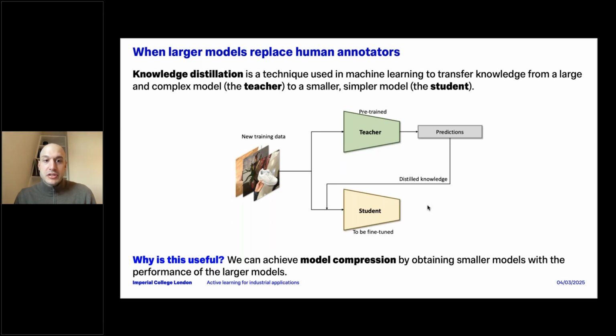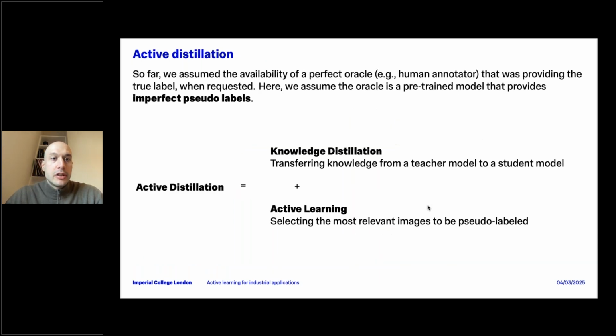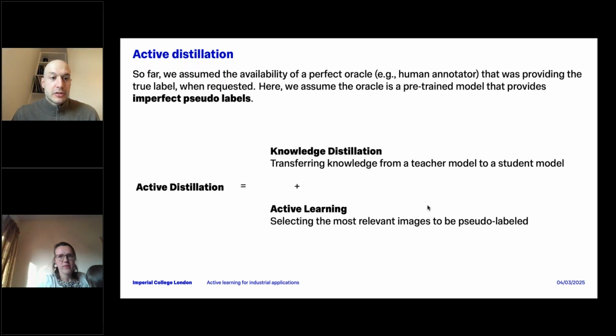What we mean by model compression is that we might want to have a model which is much smaller in terms of parameters than the original model, but still close in performance. So by training a smaller model using the predictions of a larger model, we can have the final model mimic the original performance and get very close to the teacher's performance, but with a smaller number of parameters. And in particular, if we were to combine this concept of knowledge distillation with active learning, we can have a strategy which is called active distillation.